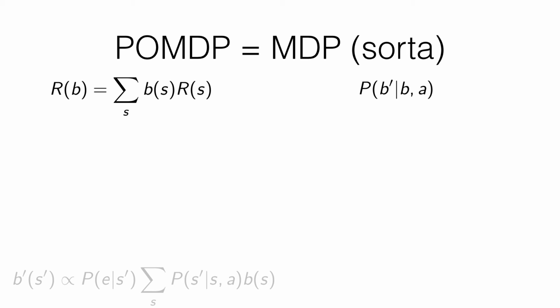I'm going to show you how to derive these equations. The bottom line that I'm going to spoil ahead of time is that you can write this down in a way that we can compute it from the things that we've already discussed. The first thing to note is that this expression, the probability of B prime given B and A,